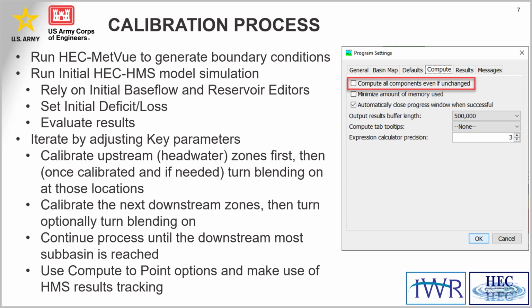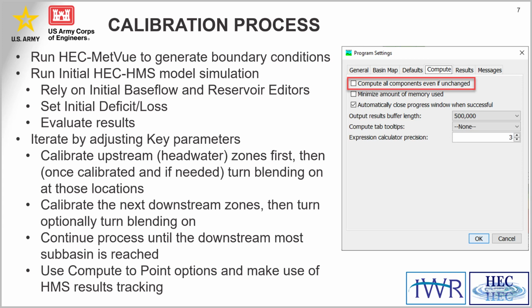It could give you spot on results, like you could have your model fully calibrated right out of the gate, or at the very least, it gives you a starting point to see what we are doing. How far off are we? And what do we need to do to change our model? And so the first thing that we're going to do is start modifying our base flow values in our model. And for this, we're going to try to match our observed flow and our computed flow in that very first time step to make sure that these both get on the same level as each other. And then once we get that done through either the base flow editors or reservoir editors,